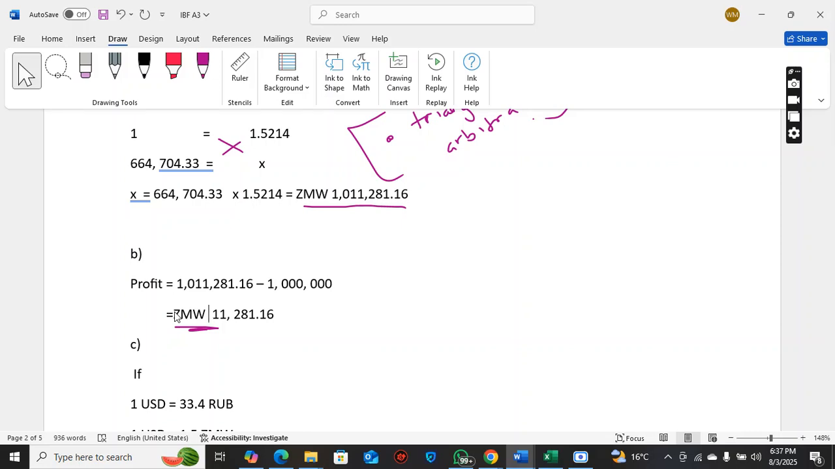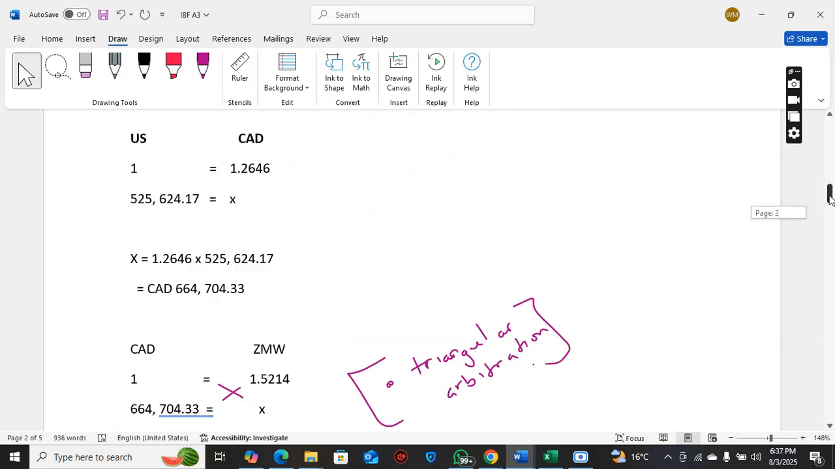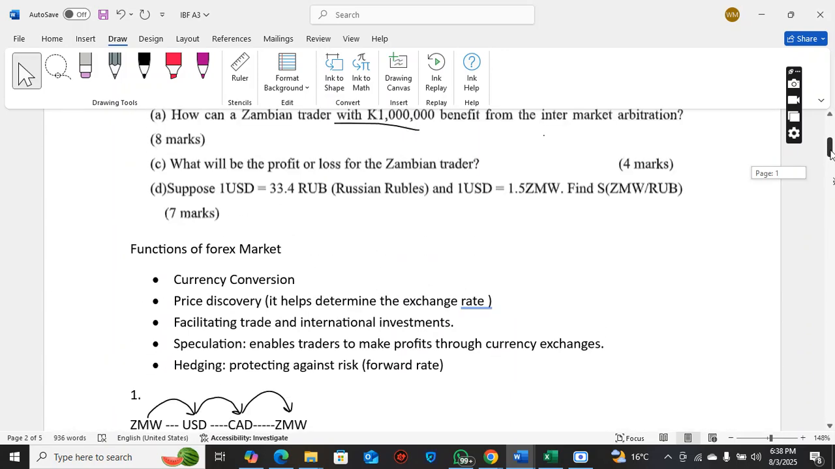But I don't think you'll be penalized if you put kwacha, yes. Are we okay with that? We can move to part C. Okay. Part C,